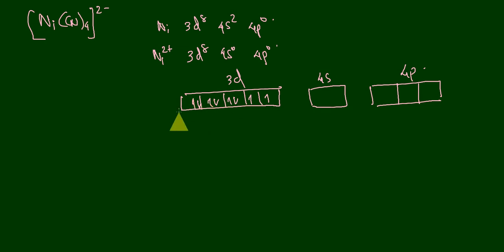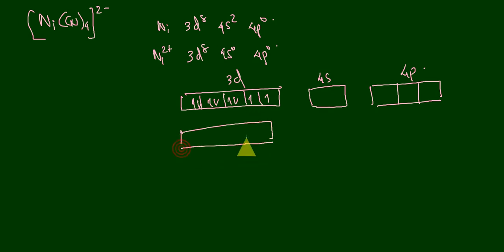So three of the d orbitals will be fully occupied, meaning three of the orbitals are doubly occupied, but the other two d orbitals are singly occupied, and the s orbital is vacant, the p orbital is also vacant. Okay, so during the molecule formation, the cyanide ligands will force these electrons to pair up, so that during the